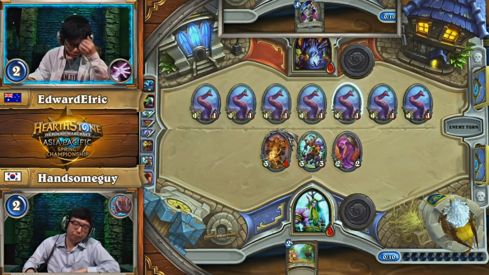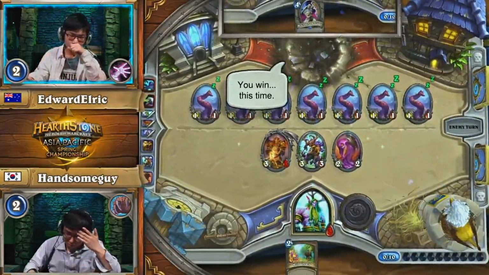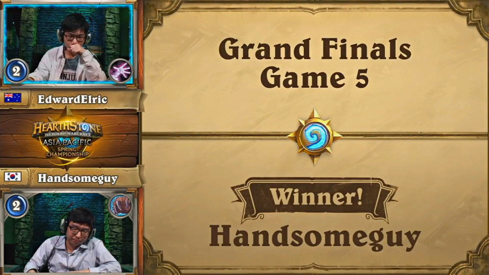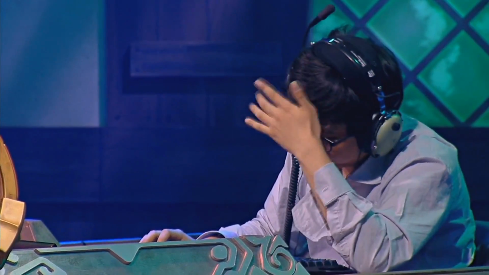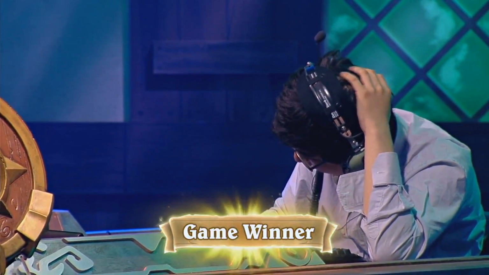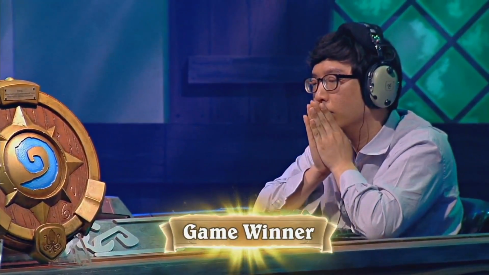Wow. Edward Elric goes for the lethal, and Handsome Guy, despite not keeping an extra minion around with that Darkshire Councilman, has lethal after the tap. I mean, I don't know if Edward Elric's supposed to tap there, TJ. That's a bold call, but I like how bold he is. Look,